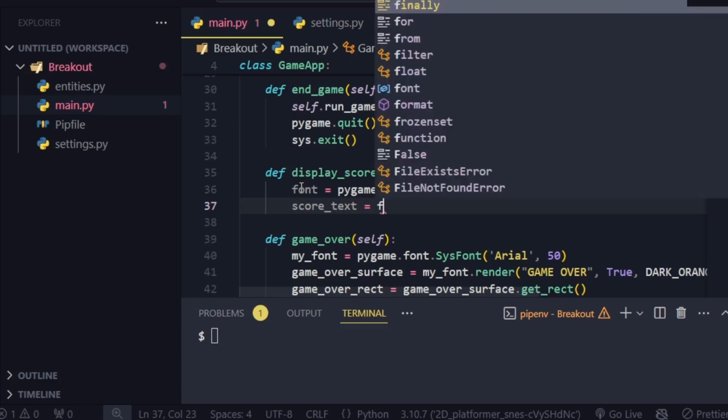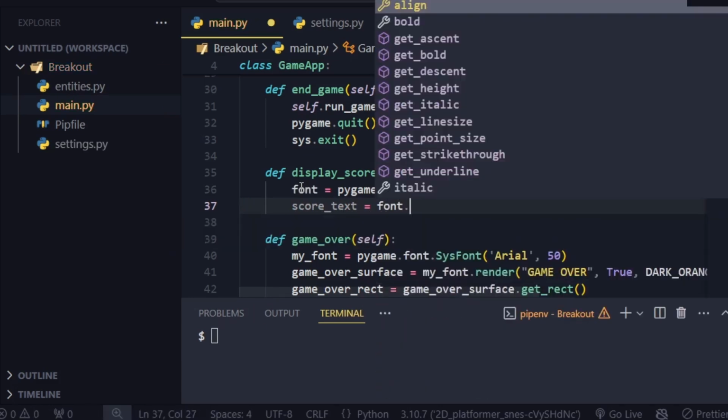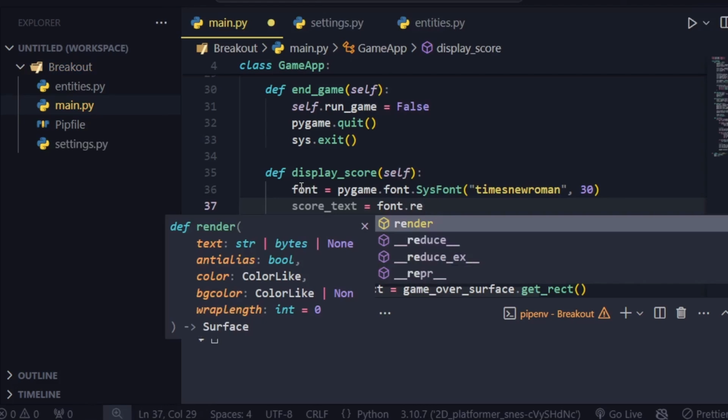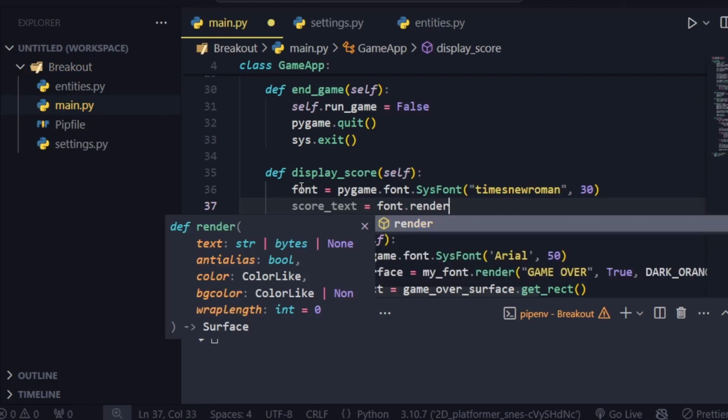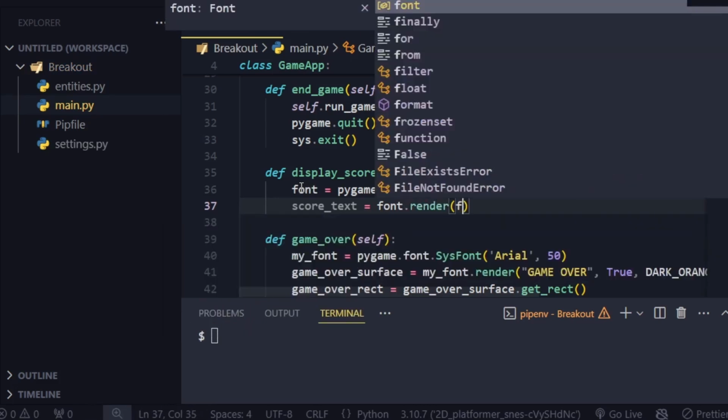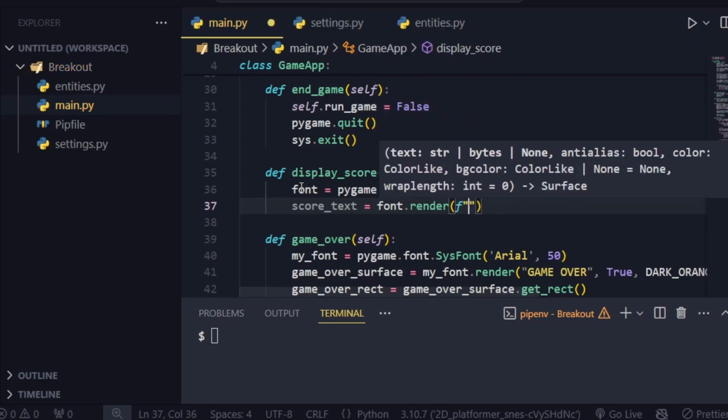We also need to create the text for the font using the font render function. And we'll pass the f-string, score,